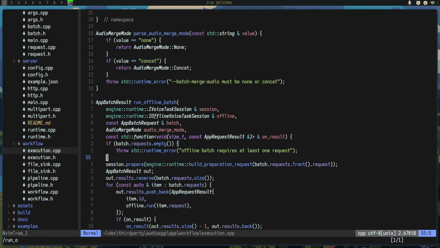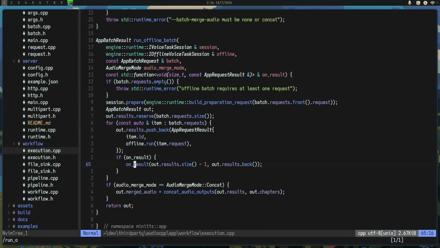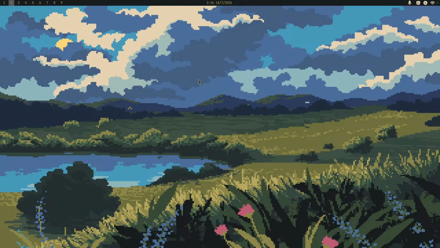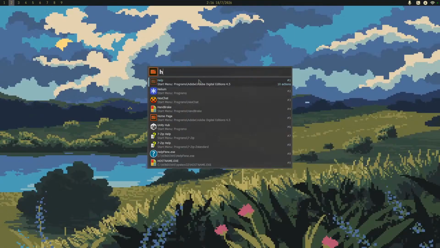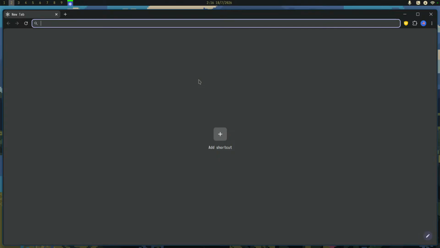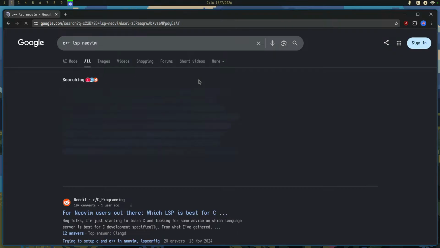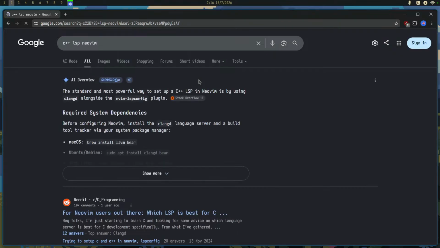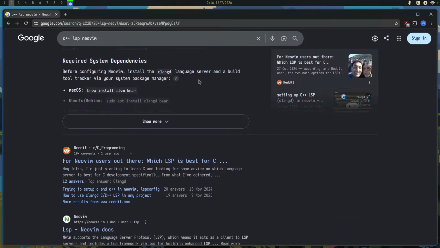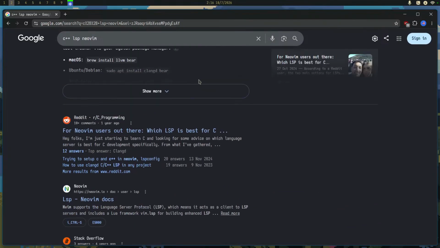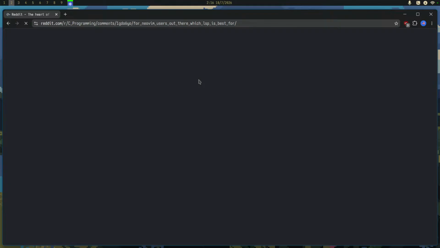Man, I really need to. And what is this? So best LSP for Neo.